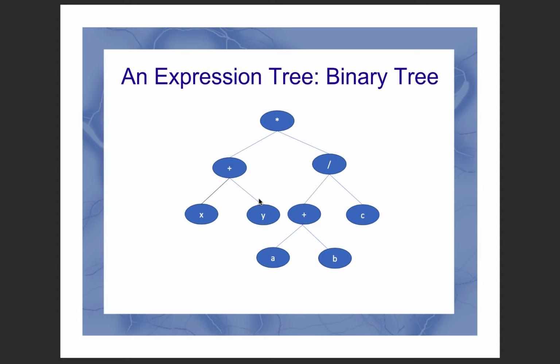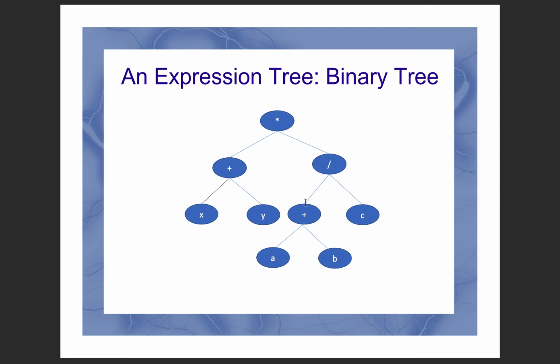For example, the addition operator takes two operands, say a plus b. Here a and b are operands, and plus is the operator. So you can represent those binary expressions in a binary tree. For example, this is an arithmetic expression tree, which is a binary tree. You can see a plus b, so plus is the operator, a and b are operands, so this is basically a binary tree. Now it gets a result,